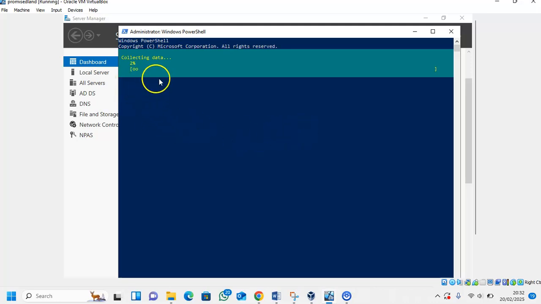So as you can see, it is collecting data, and so after you finish this, you can have a copy of backup. You can also use this PowerShell to schedule daily backups. Interesting stuff. So I already did this, so we're not going to wait for it to finish. We are going to go straight to